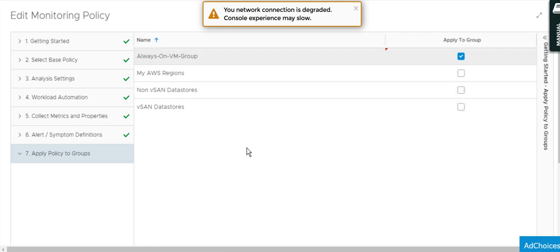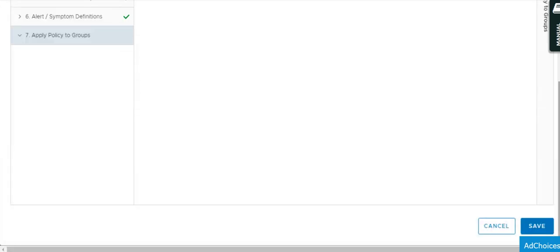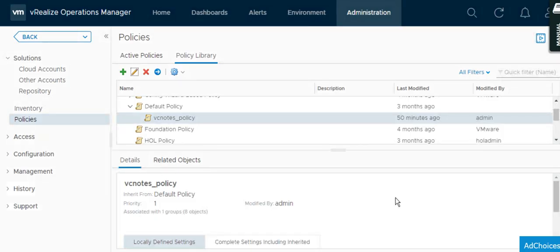What does it mean? It means that the policy which I have created, or which I am creating, will be applicable only on this group. Just after doing all these sections, click on save or cancel. Because mine is already set up, I cancel it.